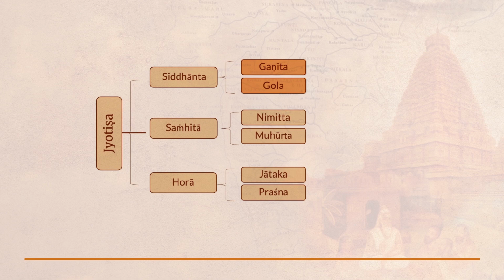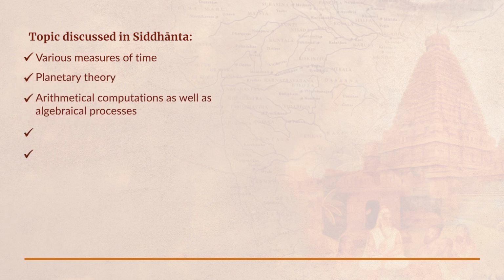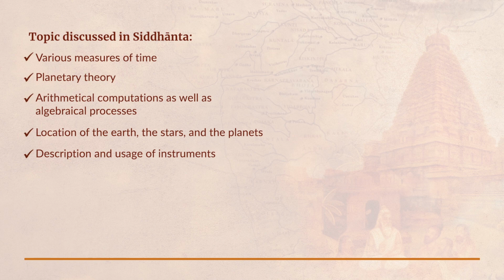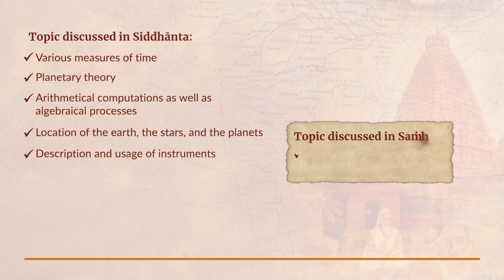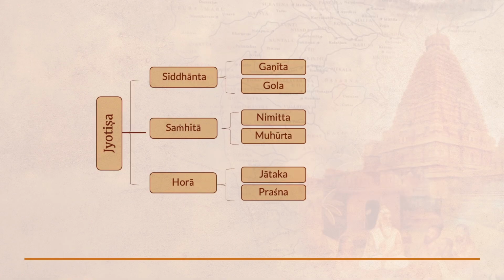Ganita is the mathematical part of it, and various measures of time, some planetary theory, arithmetical computations, etc. Location of the earth, stars, description of usage of the instruments, all these will become part of the Siddhanta. Whereas Samhita consists of some of the scientific and mathematical concepts of astrology, Nimitta and Muhurta and things of that kind. And Hora is about